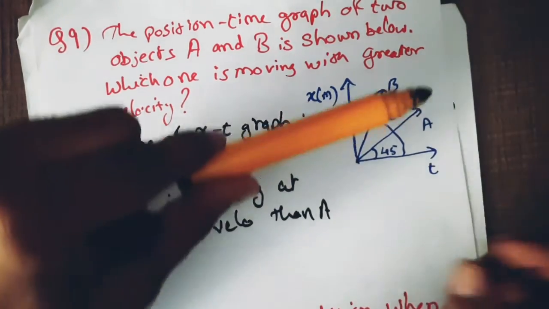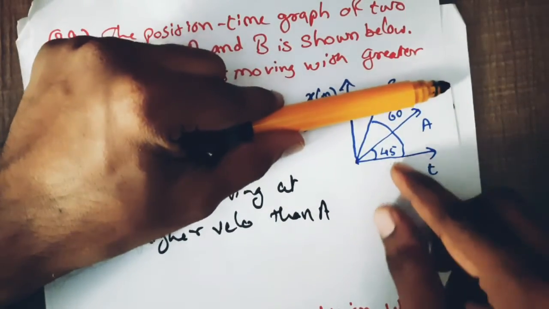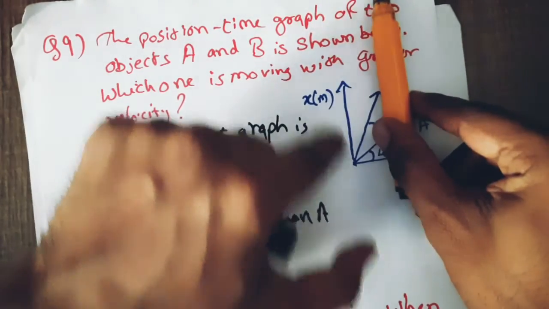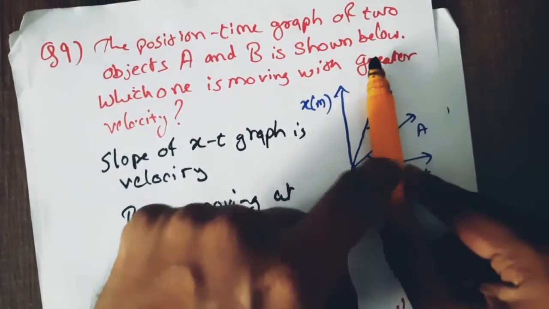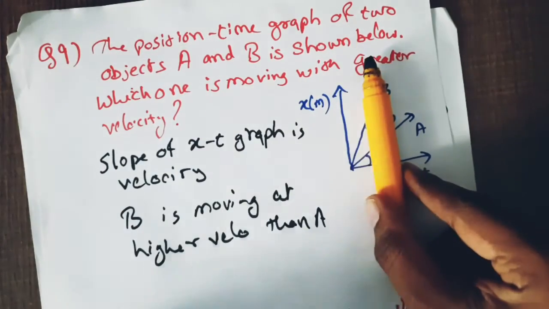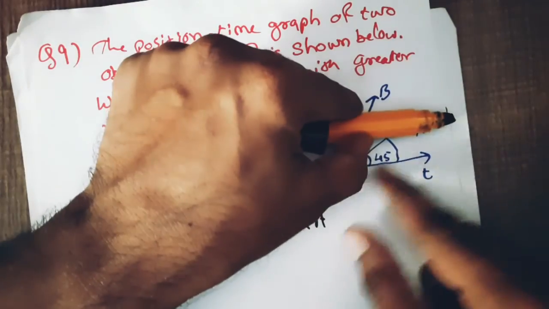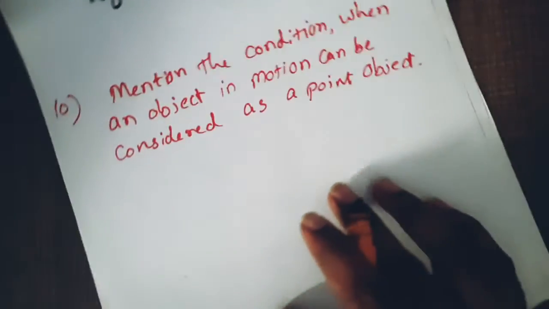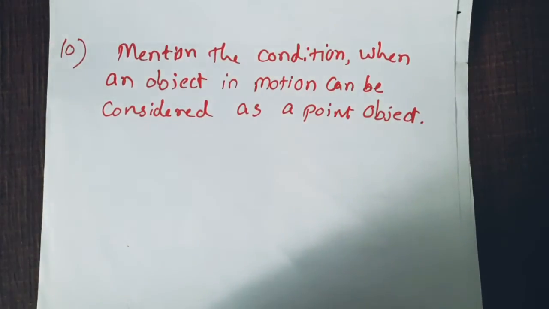You can remember that slope of a line parallel to the time axis is 0 and slope increases as we go like this. In this case if we have line like this, then the slope is infinite, and if we have line like this, then the slope is 0. Simple concept.